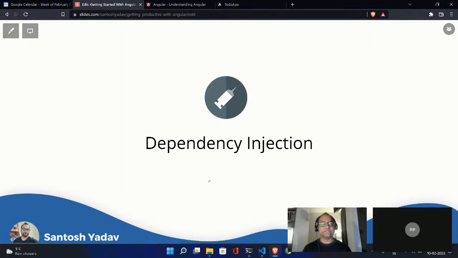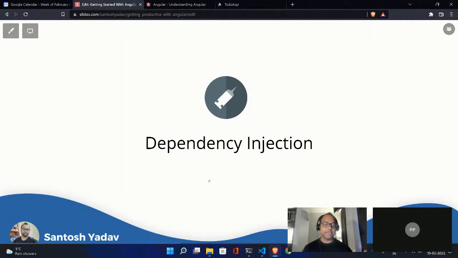Whenever we talk about dependency injection, it's one of the design patterns. If you go to .NET or Java, you will find dependency injection is used a lot, and you also know it as inversion of control. In case you don't know the word dependency injection, it's IOC, inversion of control. And in case you are learning OOPS, I'm sure you might have heard about this word. Dependency injection allows us to do a lot of stuff. I'll go through it, but let's try to understand first.